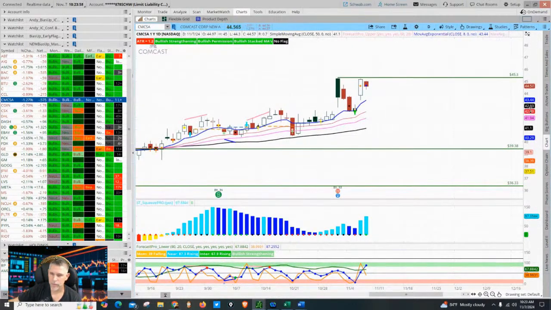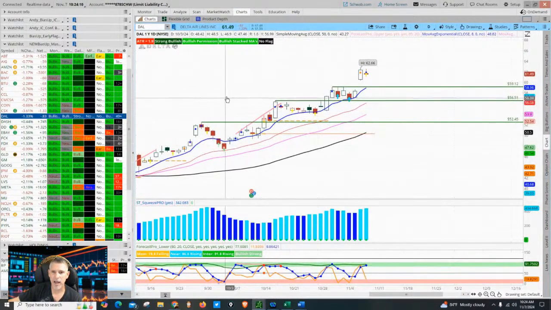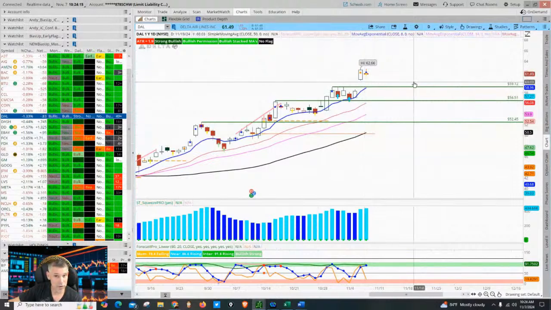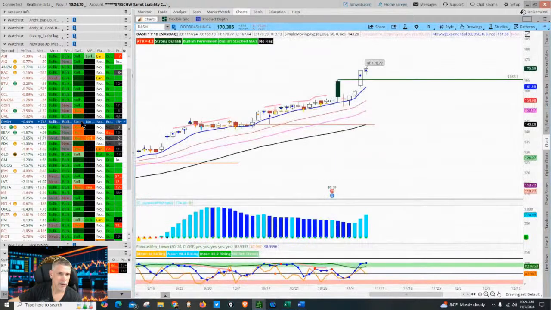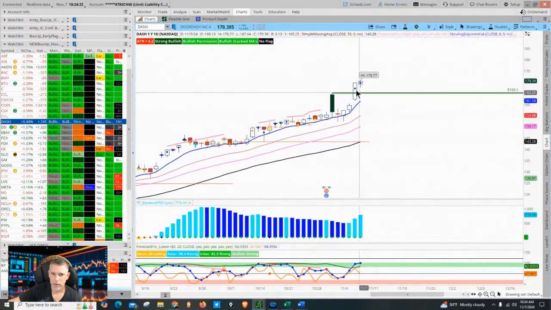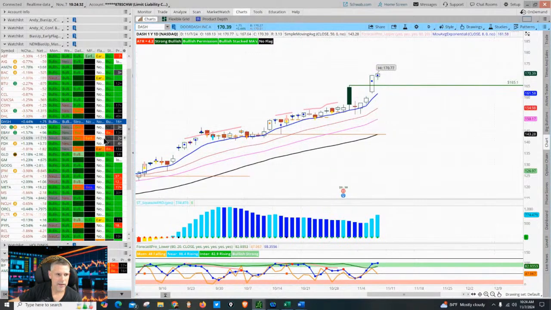Breakout setup. Right? CMCSA, bias up, breakout. All right. Coinbase, we already looked at Coinbase. Delta Airlines. Again, a lot of these gapped up. Right now they're giving haramis. Bearish haramis, by the way. So no setup. DoorDash. Boom, broke out yesterday. Beautiful breakout. Nice kick up in volume. Following through today. No setup.